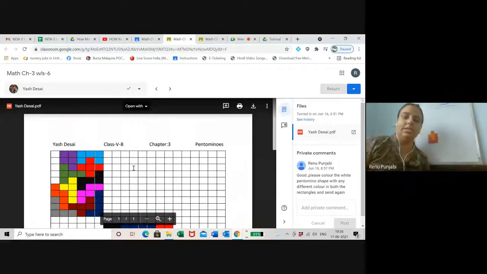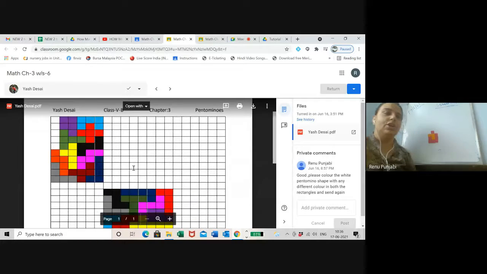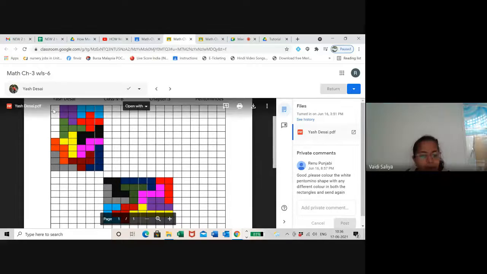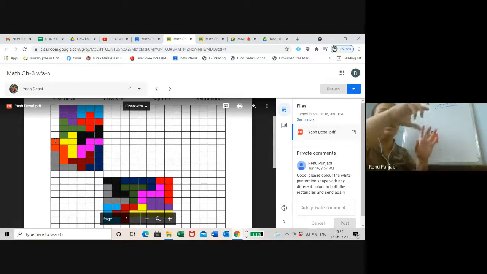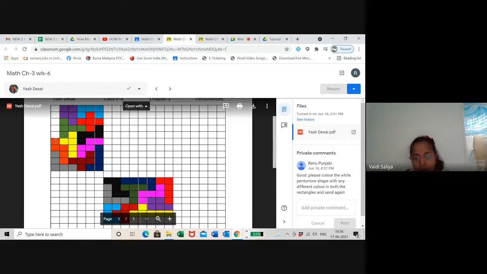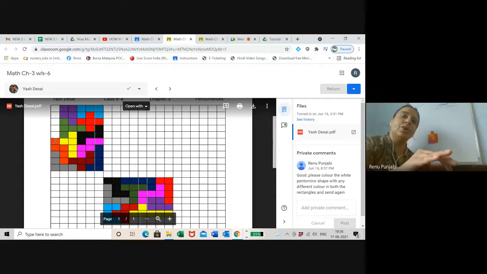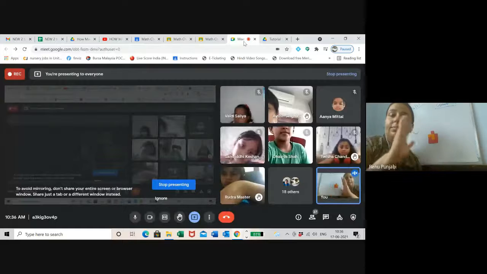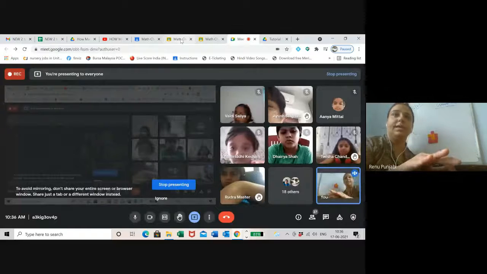Very nice worksheet. Can you all see this? Yash Desai has arranged all the shapes and made the rectangle. Here he is showing how we have to put the shapes. आपको लगाते जाने हैं, देखना है कहाँ मिसिंग है, उसको अरेंज करना है, right? I have sent the video also. That is the puzzle that you try with the trial and error method. Got it? एक बार आप try करो, दूसरी बार try करो, कभी तो rectangle बनेगा. And you can see more than 2000 rectangles you can make easily.